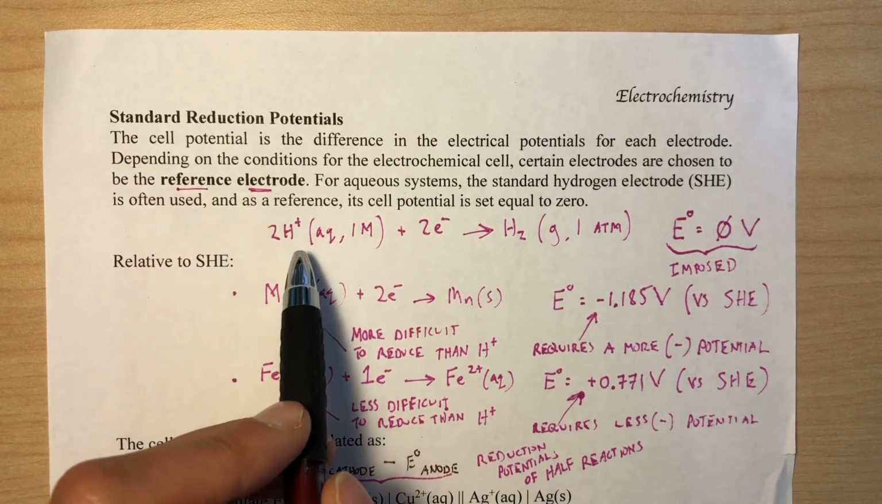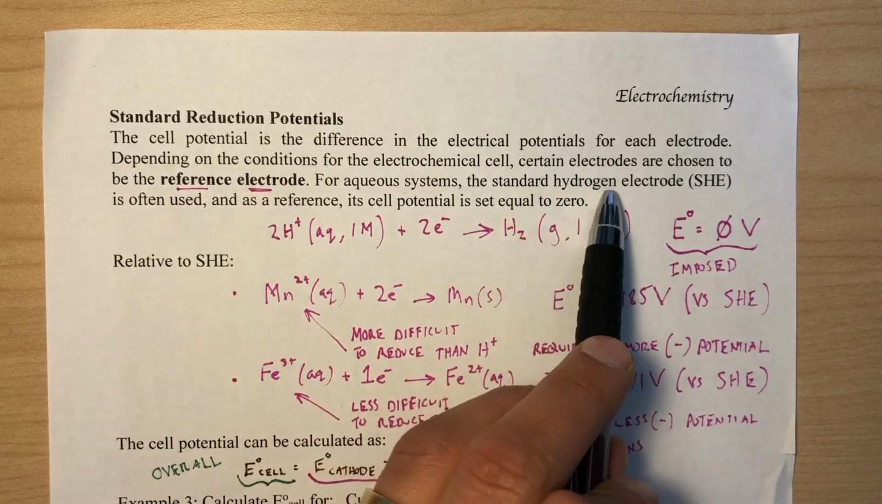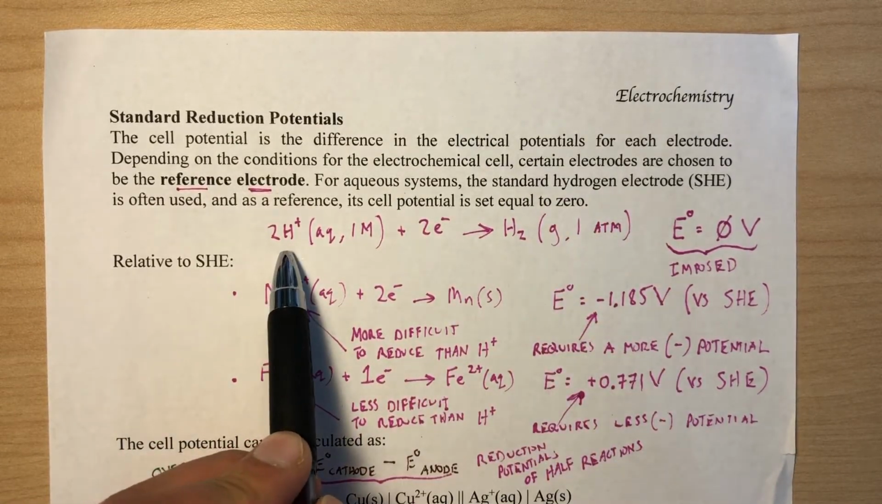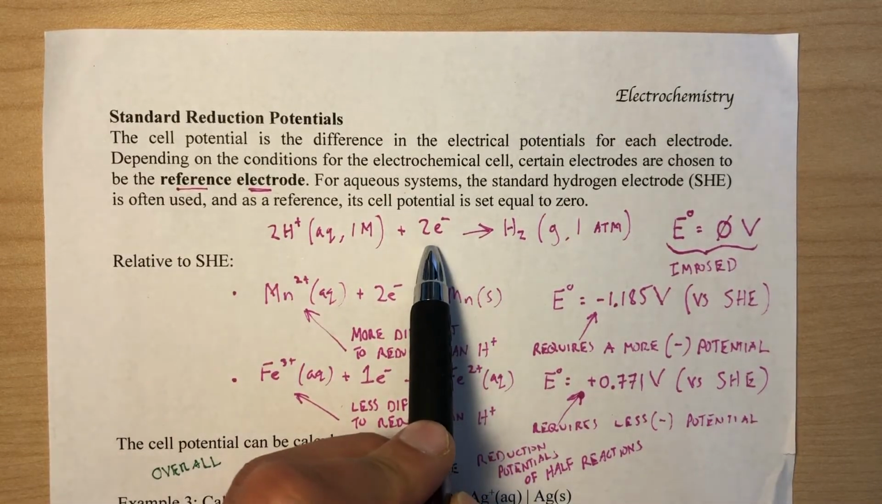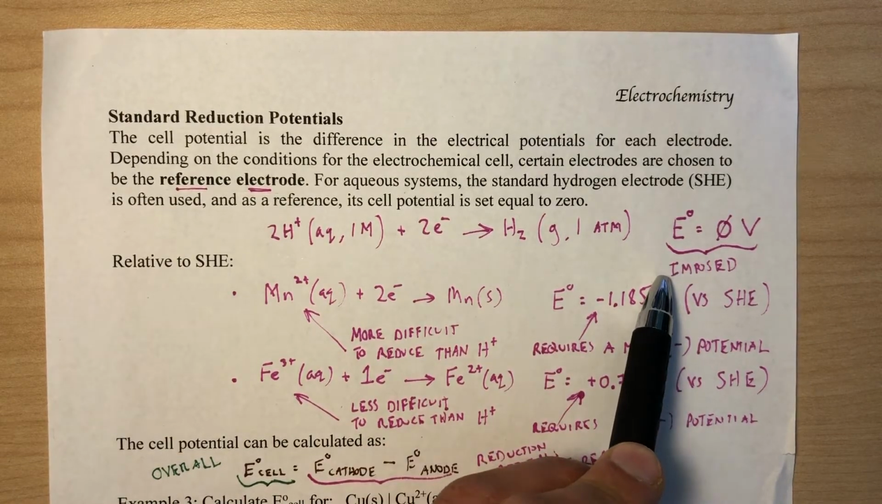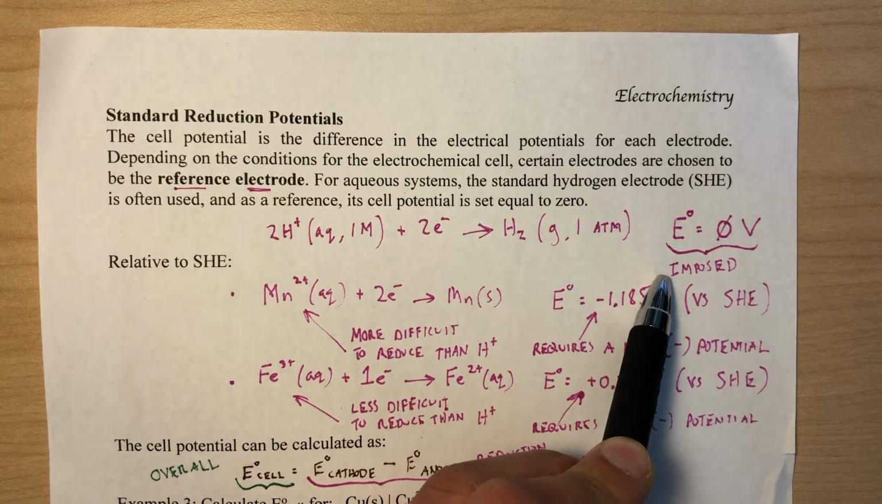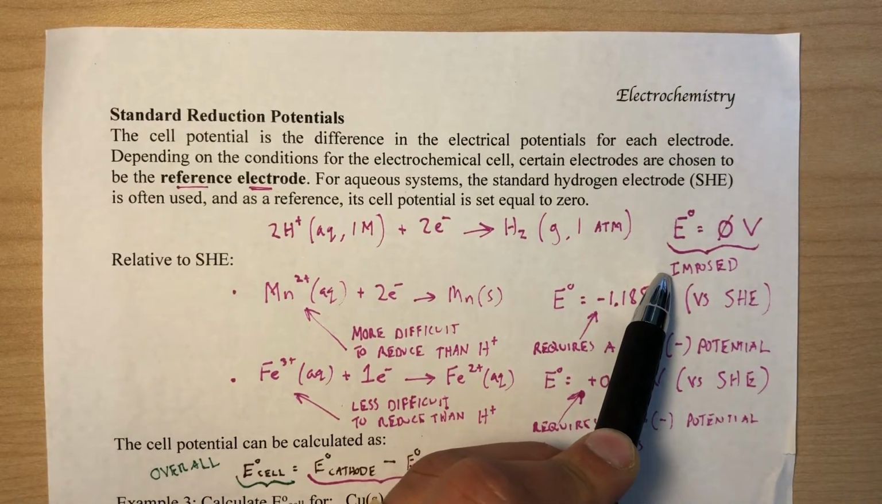So for example, the reference electrode that we're going to be using in aqueous systems is the standard hydrogen electrode, which is the reaction of two protons, 1 molar, being reduced by two equivalents of electrons to form one equivalent of hydrogen gas, and we impose a 0 voltage on that. So if something's easier to reduce than the standard hydrogen electrode, it'll have a positive voltage. If it's more difficult to reduce, it requires a more negative charge, more electrons in solution, so it'll have a